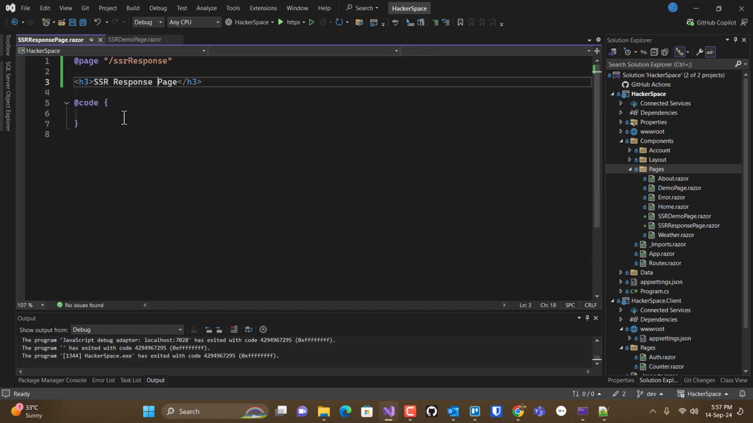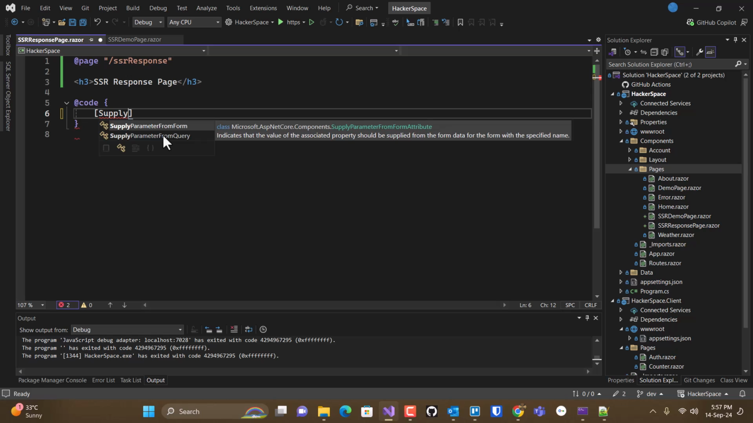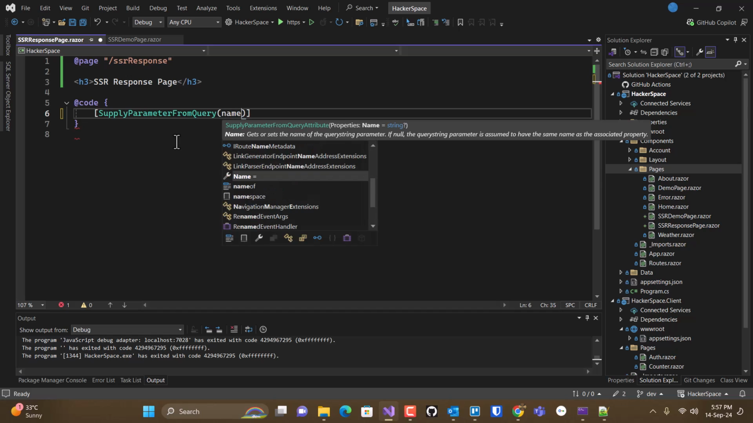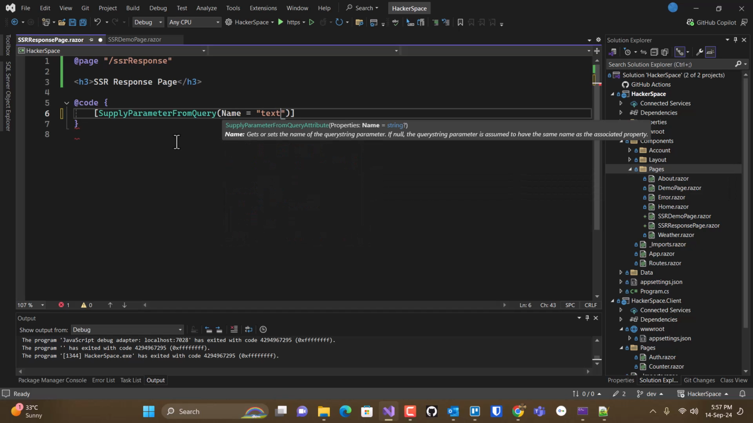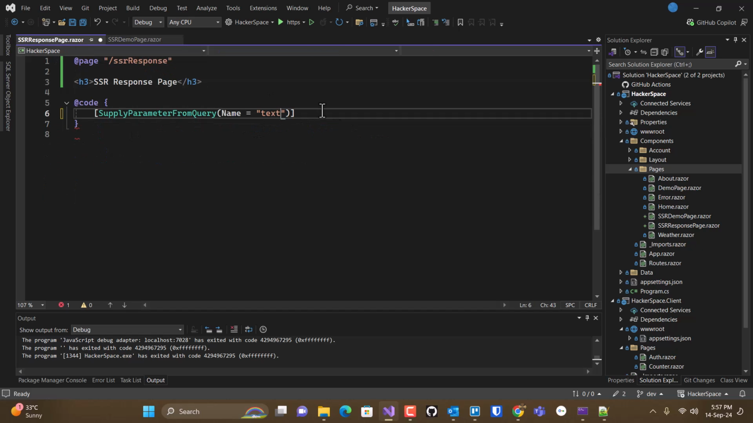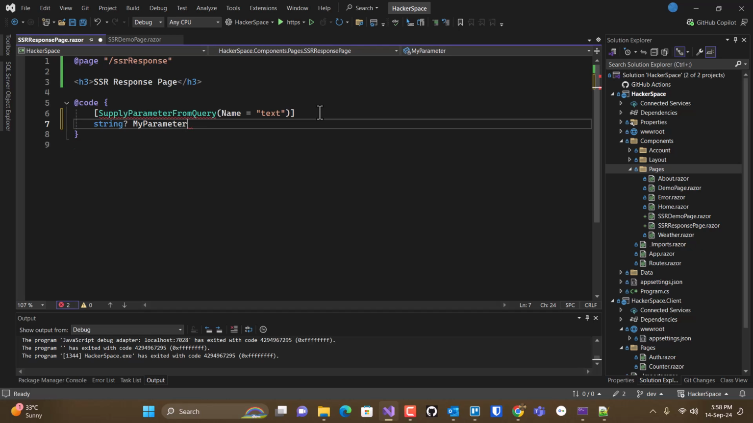So if I go to the response page, what I can do is this: the supply parameter from query attribute, and we provide a name equal to whatever this input is. So we're using this name attribute. And generally speaking, you want to make it a nullable string because it may or may not be a query string with the request. And so I'll just call it my parameter, or my property,